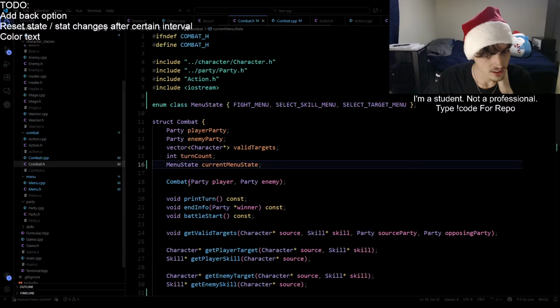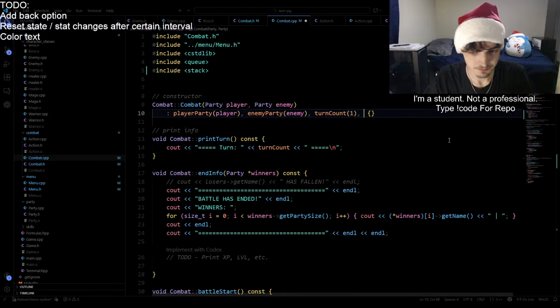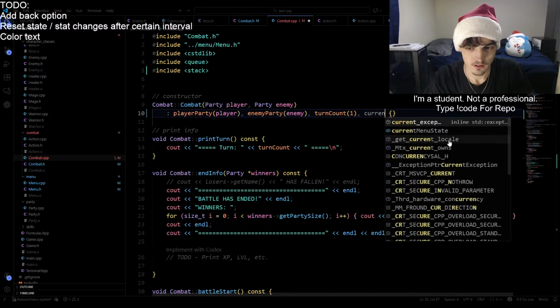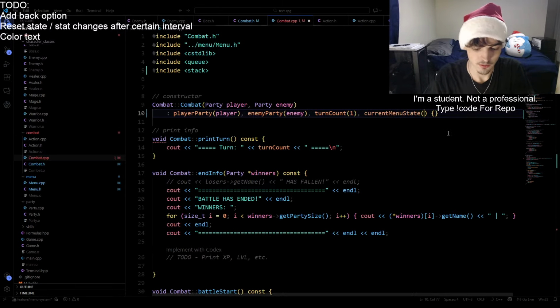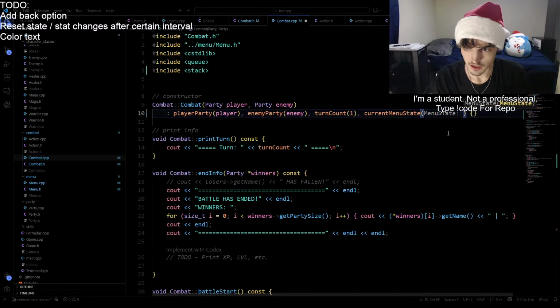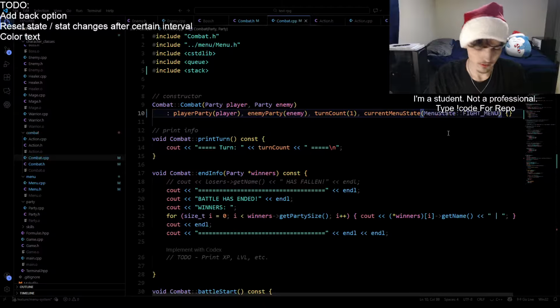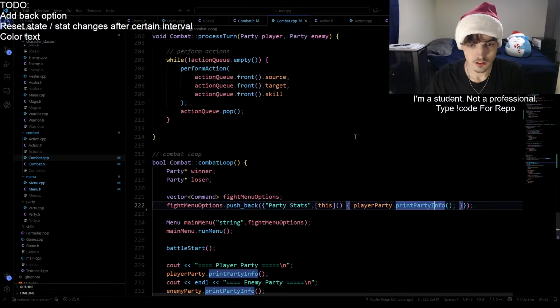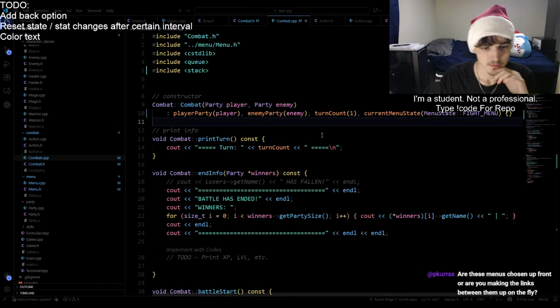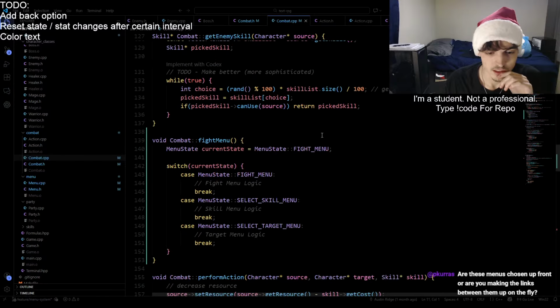But yeah, I was thinking of just storing menu state here. We can initialize it up here. Current menu state, and we would just set it equal to menu state, and then do byte menu. Oh, I spelled it wrong. Okay, just do that. Okay, byte menu, and then basically what I was thinking of doing was,